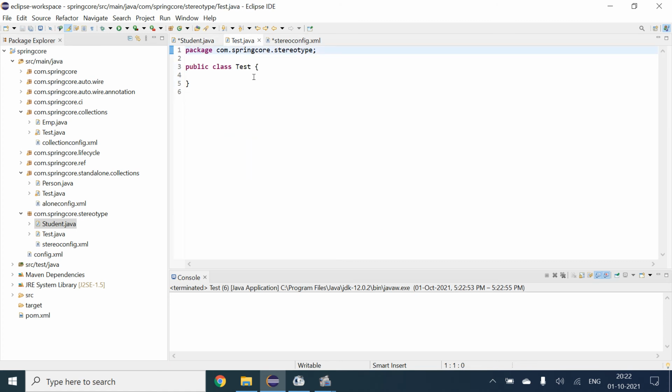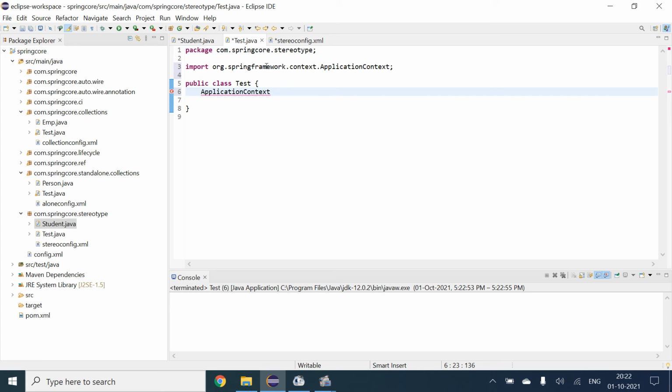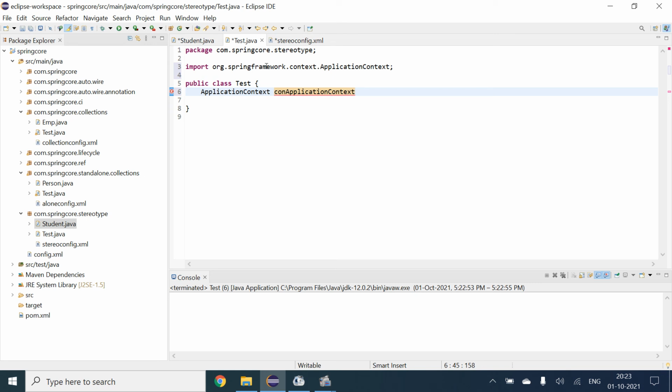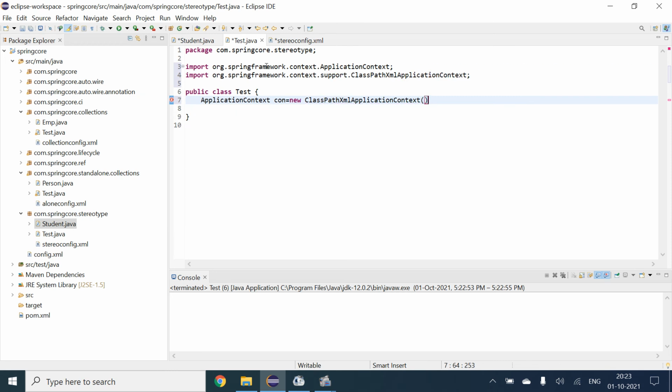And we will go to the test. Now we will create the ApplicationContext in the test.